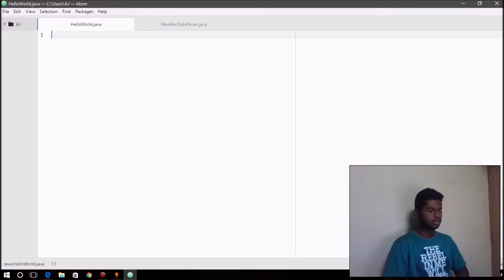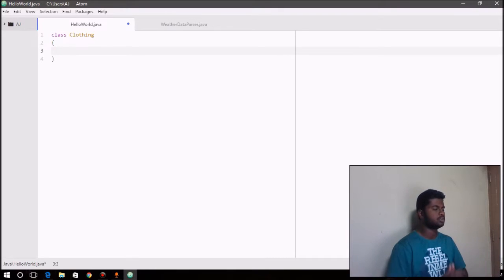inheritance. So let me just quickly tell you how we can use inheritance in our program to derive a subclass from another superclass. So we create a class first. This is going to be the parent class. Then we can say class Clothing, so whatever you want. So we have a class Clothing, and here we can have our own instance variables. So for example, we can have